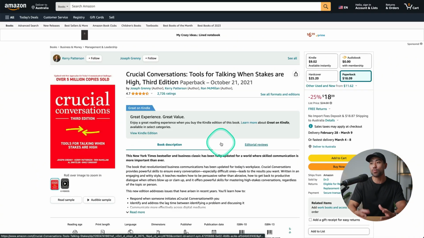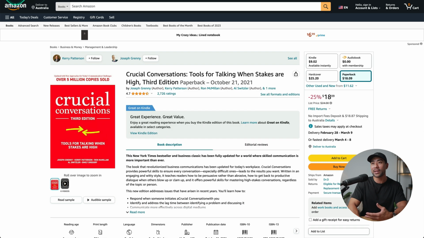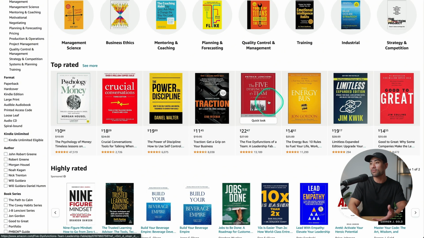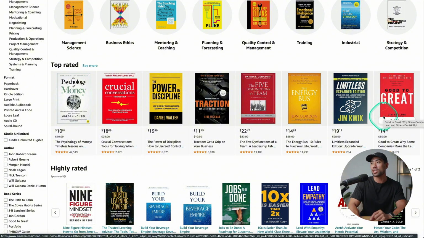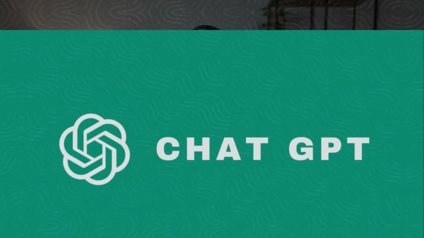So on the actual book cover, you can see Tools for Talking When Stakes Are High, or what have you, right? We've got different titles here. Some are really long, while some are quite short and punchy. Another way to gather some ideas for your ebook title is to simply use ChatGPT, and take this somewhat